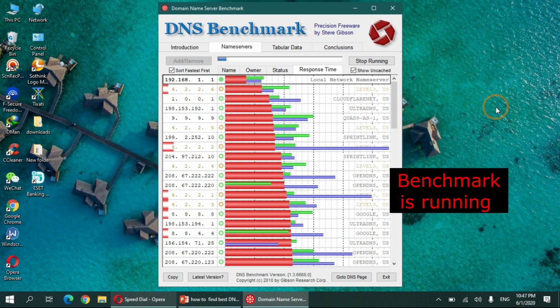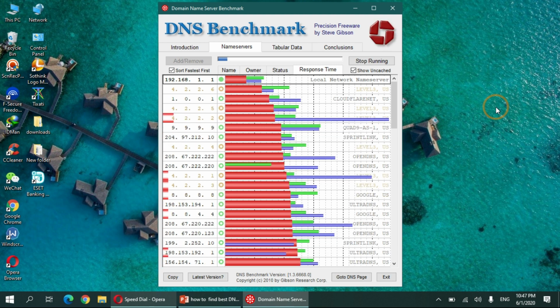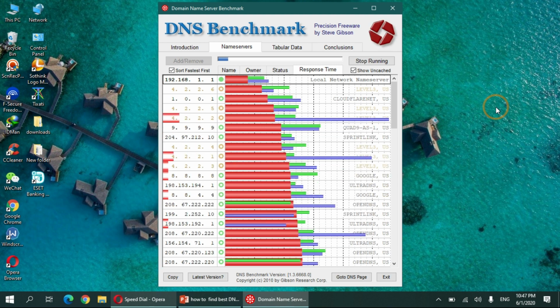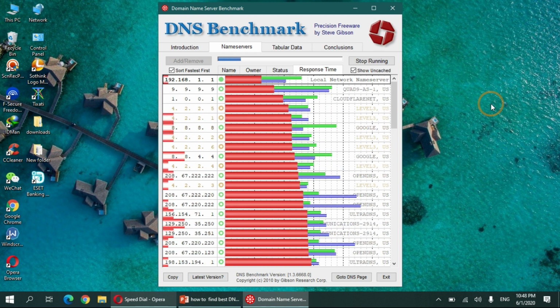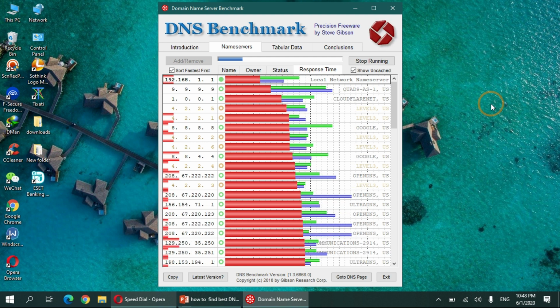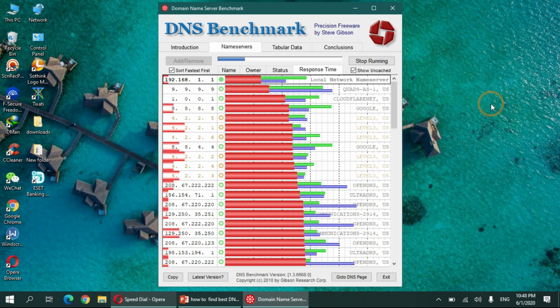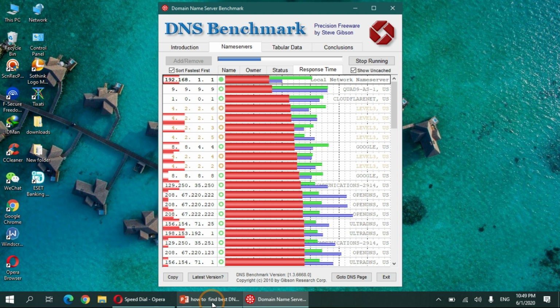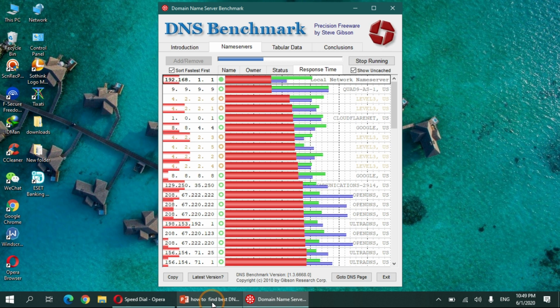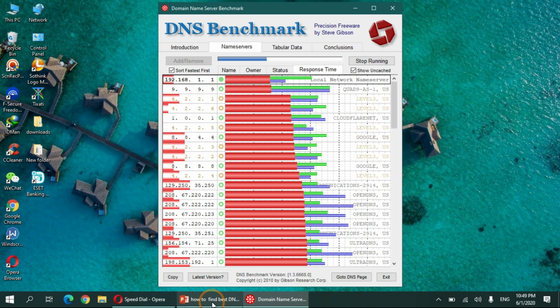When the benchmark is running, the performance and apparent reliability of the system DNS name server plus all the working name servers on the benchmark's built-in list are compared with each other. Results are continuously displayed and updated while the benchmark is running, with a dynamically sorted and scaled bar chart and a tabular chart display showing the cached, uncached, and .com DNS lookup performance of each name server. These values are determined by carefully querying each name server for the IP address of the top 50 most popular domain names on the internet and also by querying for non-existent domains.